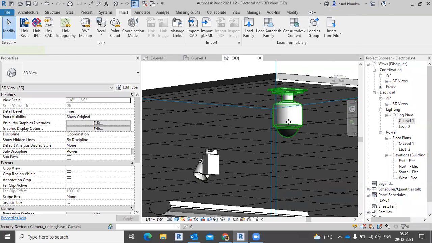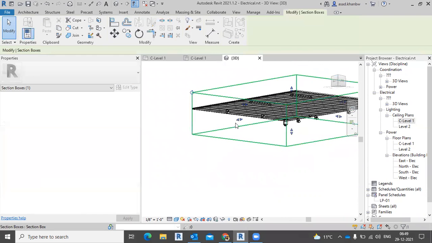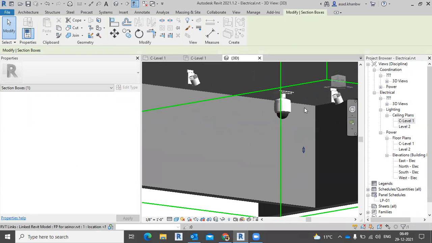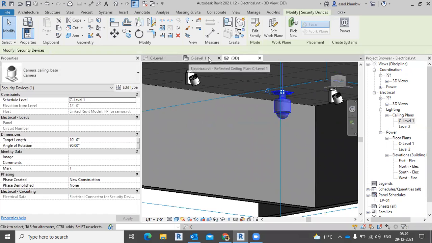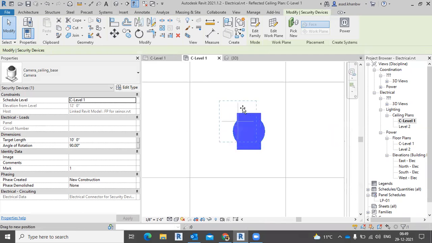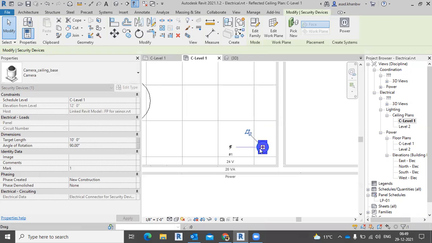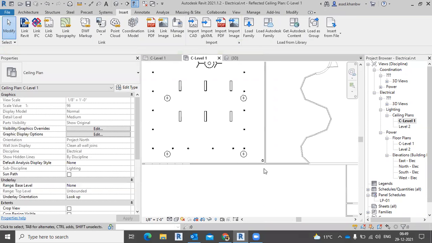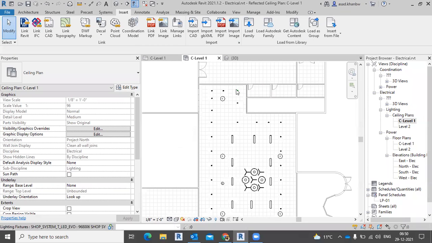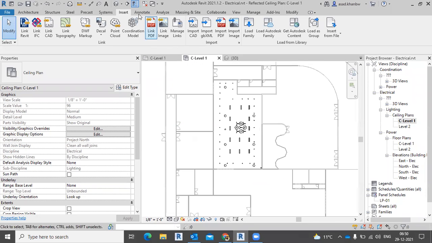Yeah, this one. I think this is okay as a place. We can move it a little more here. I think this is okay. This one is going to cover almost all, maybe. So we'll just put one camera. I think that's enough. And then we'll put